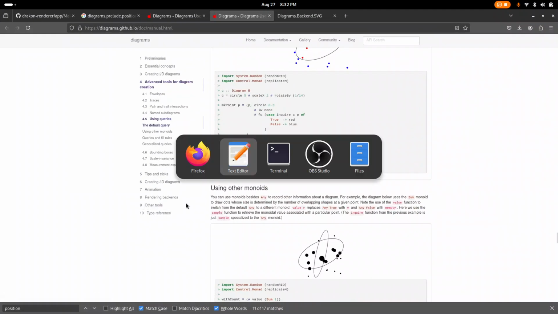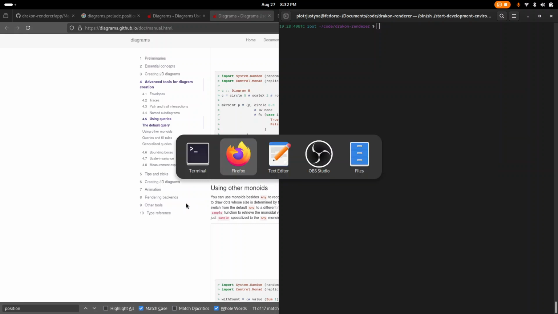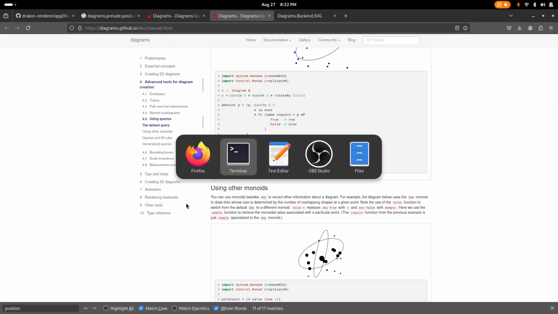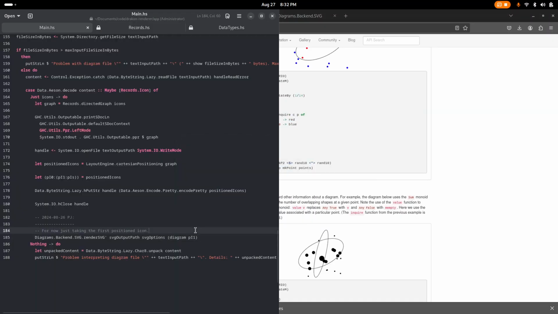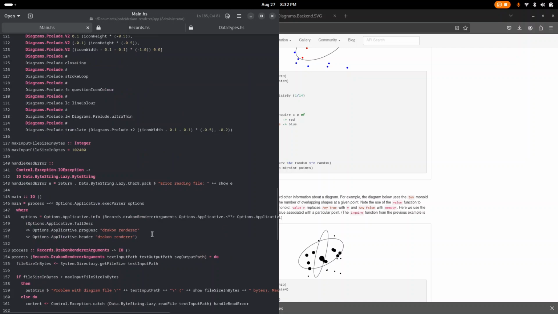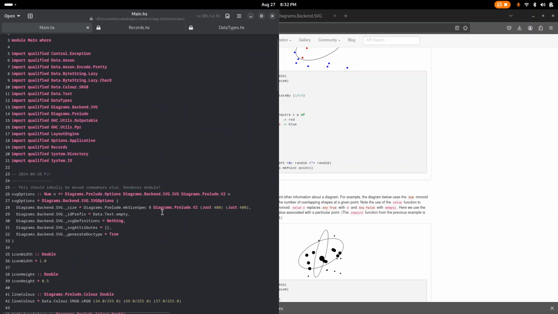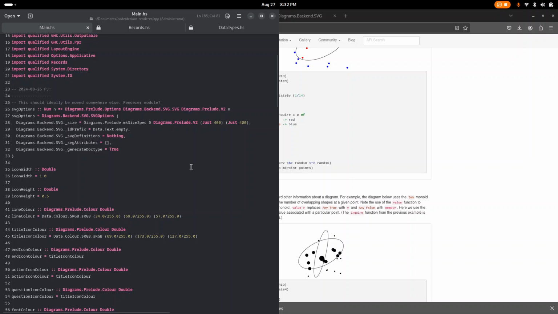I can't find it, but you know what? Maybe we can sort of brute force it. Maybe we don't even have to see SVG options. SVG options is just